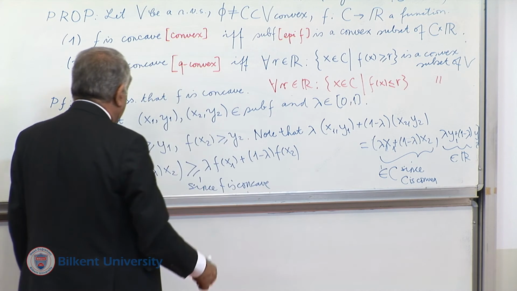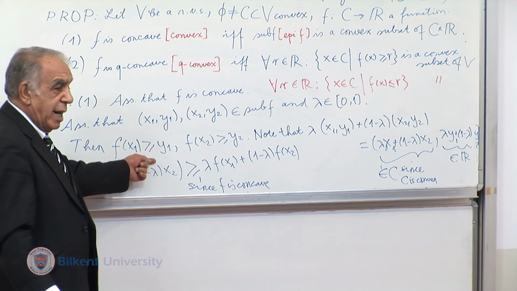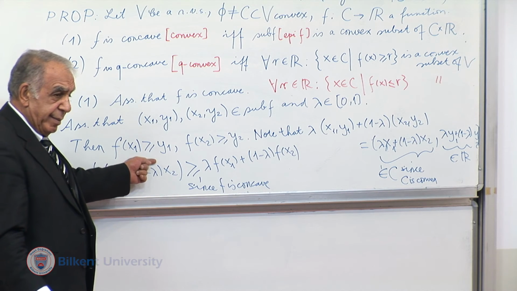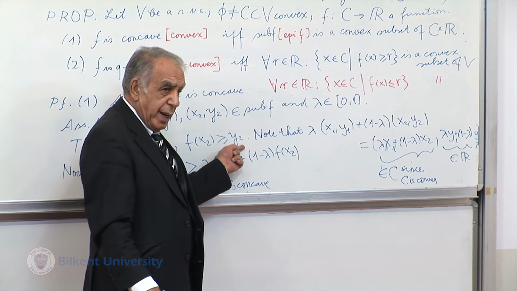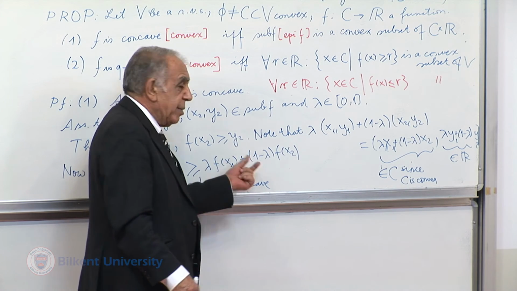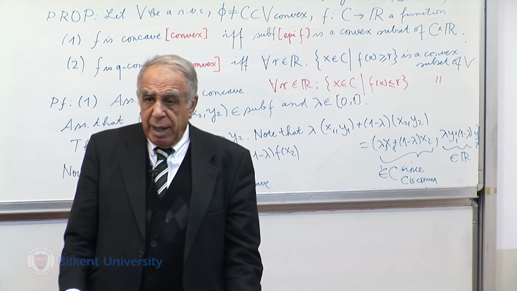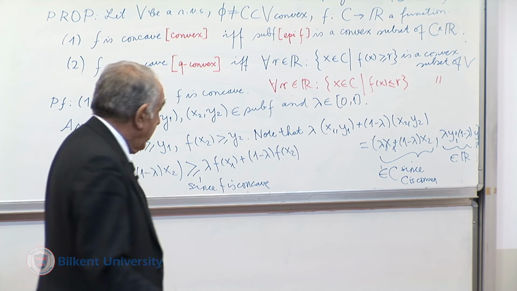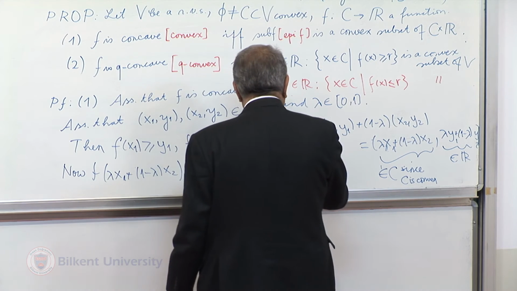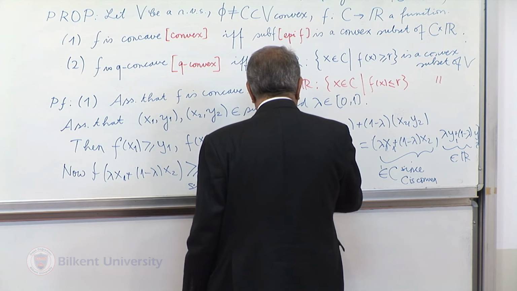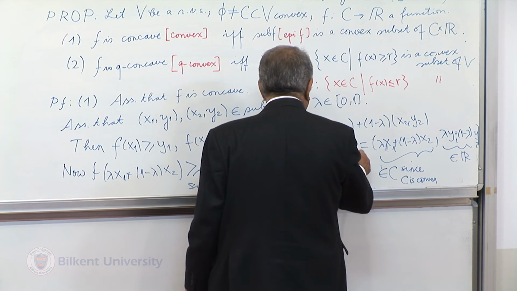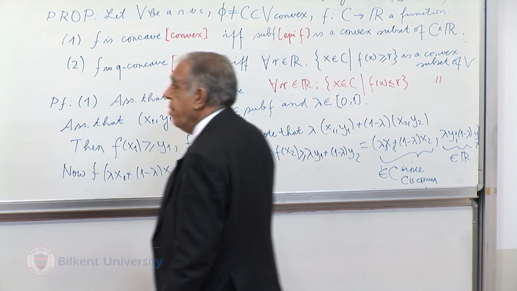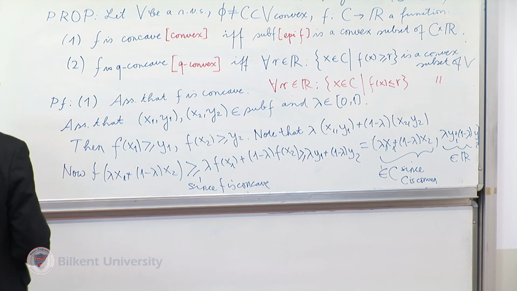But what do we know about f of x1? It's larger than or equal to y1. F of x2, that's larger than or equal to y2. And lambda and 1 minus lambda, they are both non-negative. So this is larger than or equal to lambda y1 plus 1 minus lambda y2. But this simply means, let me continue here,